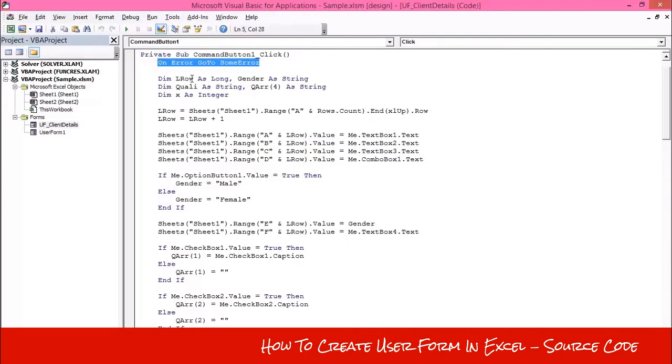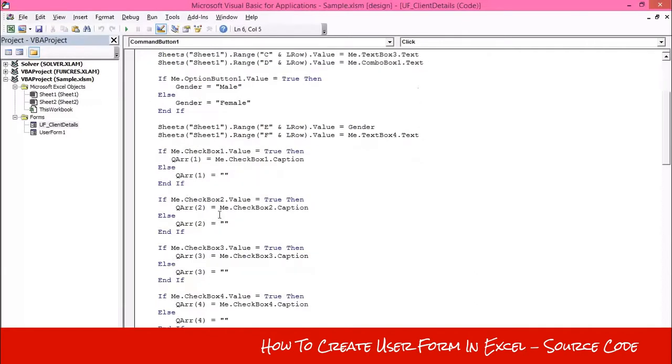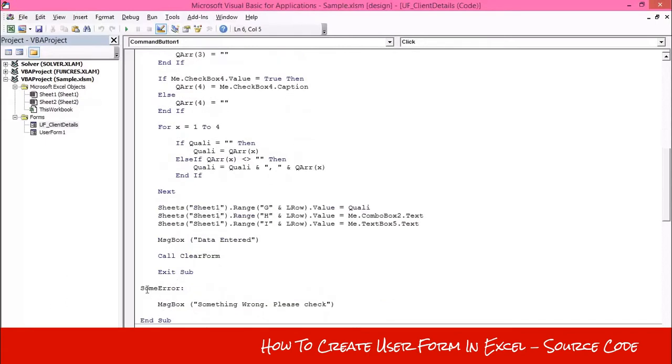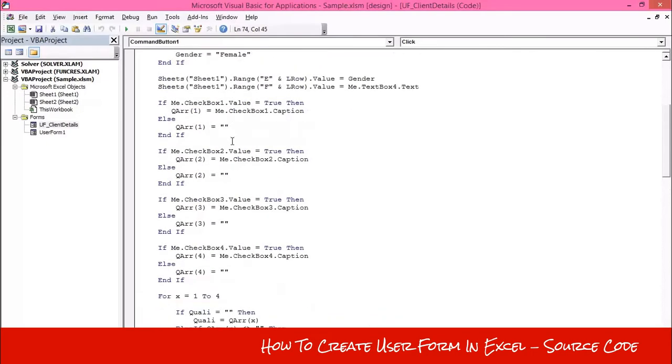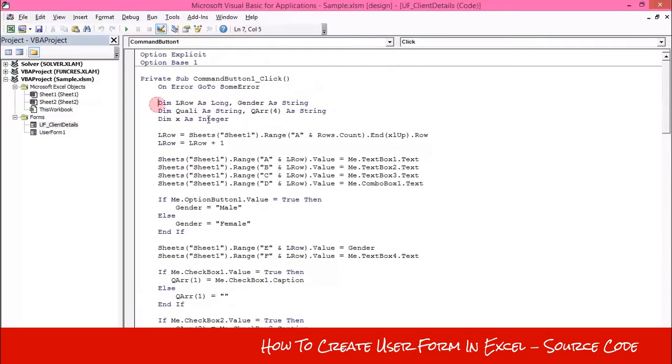This line is the error handler. If any error occurs during this program, the program will be shifted into this label and the user will get this message, something is wrong, please check. So the user can understand that there is some error.